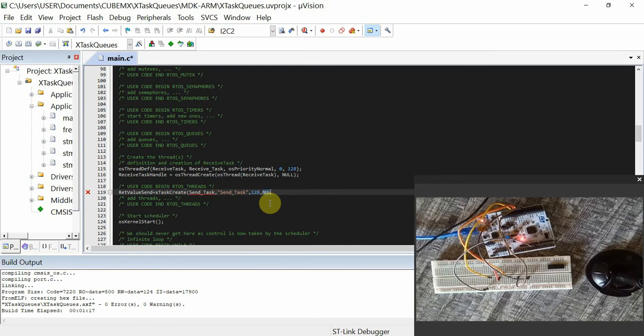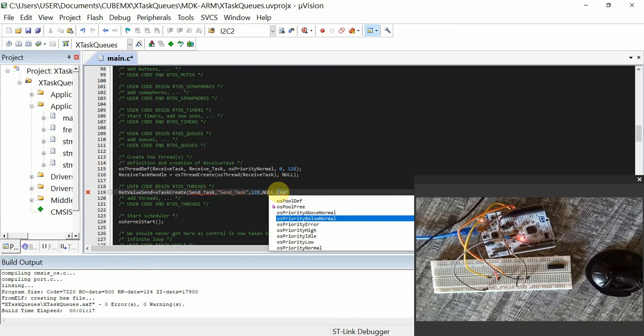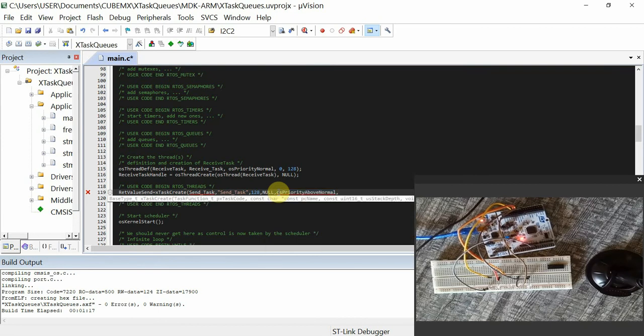Then we pass a null pointer, and then we have priority as above normal. And finally we have the handle to our task,